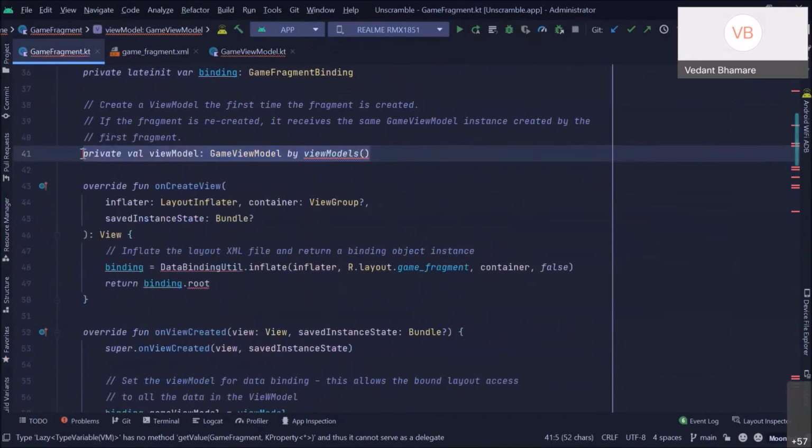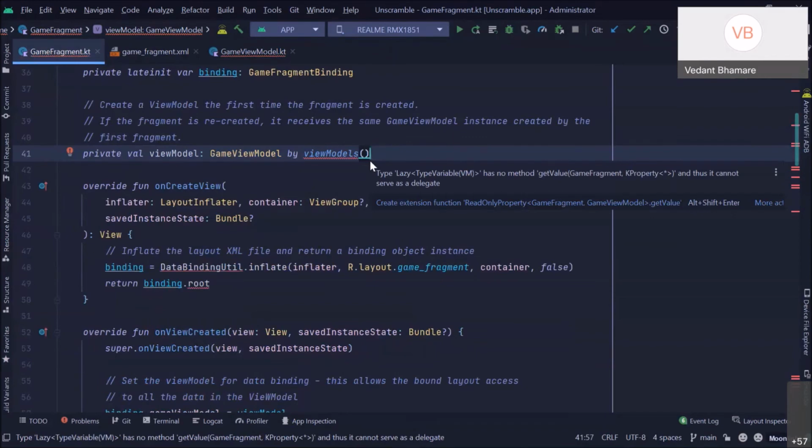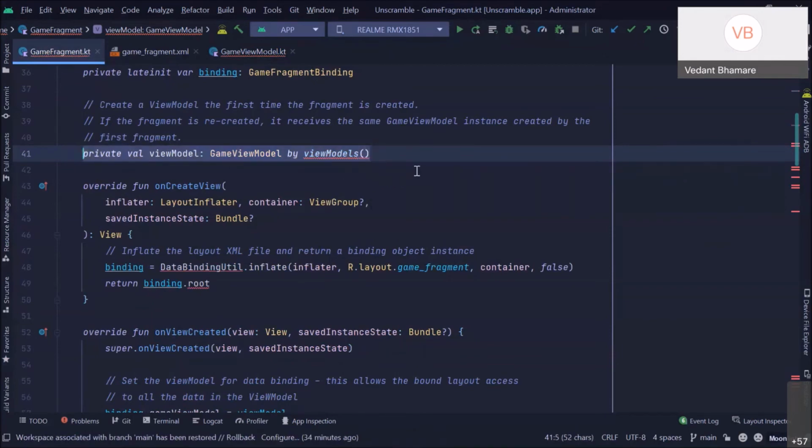The ViewModel is created, and it is only called once. Whenever you change the configuration or rotate your phone, it won't be created again. So it doesn't get created again, and the data that was there before rotating the screen is stored. So that is why ViewModels are used.